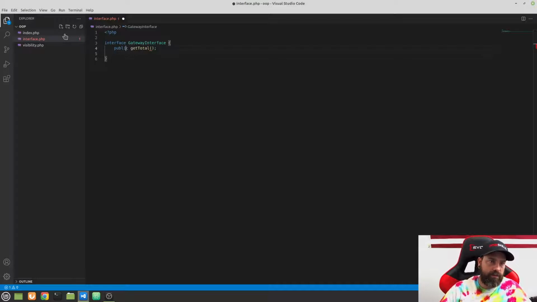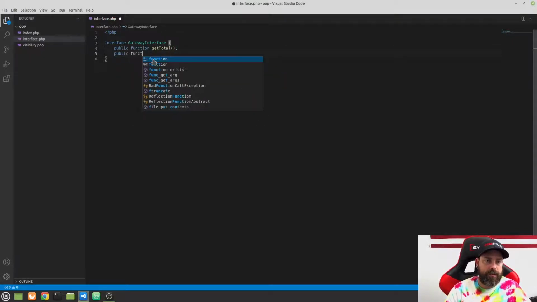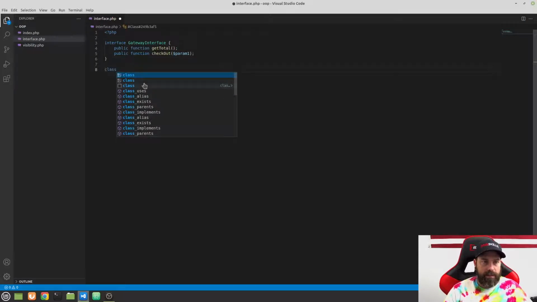Oops, and you need to tell it that it is a function. All right. Now that we've done that, let's create one more. Let's say we need a public function, and we want this to be called checkout, and it's going to take a parameter. It'll take $param1, okay? And I'll save that. So now what happens is, let's go ahead and create a class, and this first class,